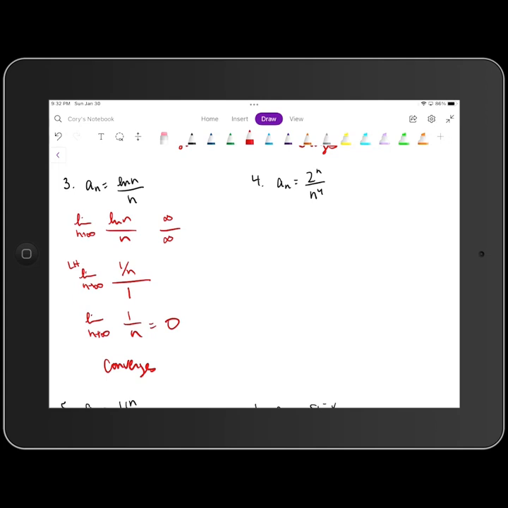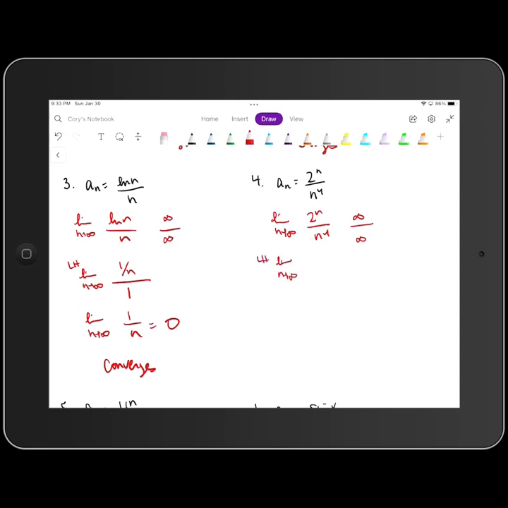All right, for number 4, we have the sequence a sub n generated by the formula 2 to the n power over n to the 4th power. So when we take the limit as n goes to infinity of 2 to the n over n to the 4th power, as n gets big, 2 to the n power goes to infinity, and n to the 4th power goes to infinity as well. So when I do L'Hopital's rule once,